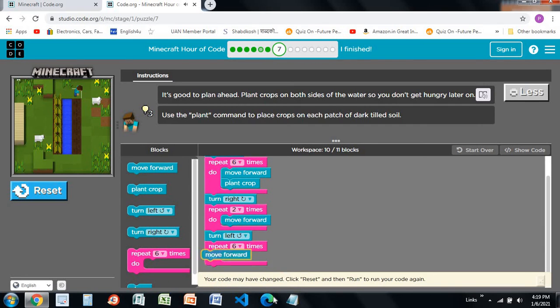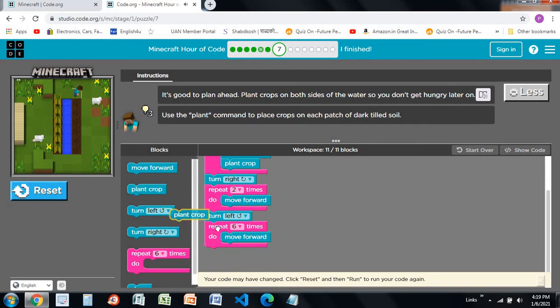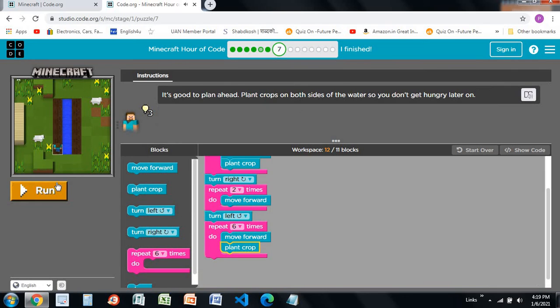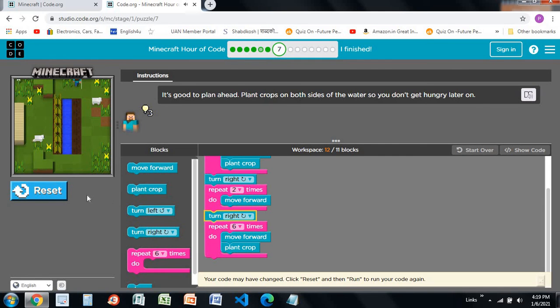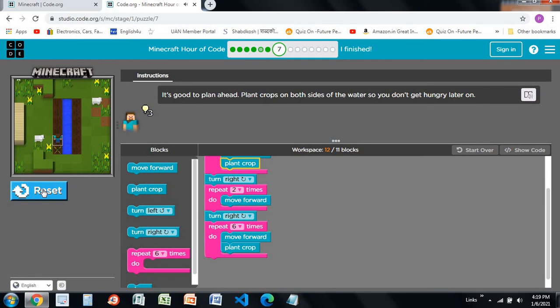Move forward, plant crop over here like this. Okay, it has done the first one. Okay, turn right. Now it is going to turn over there. And it is going to plant the crops. And we're done.